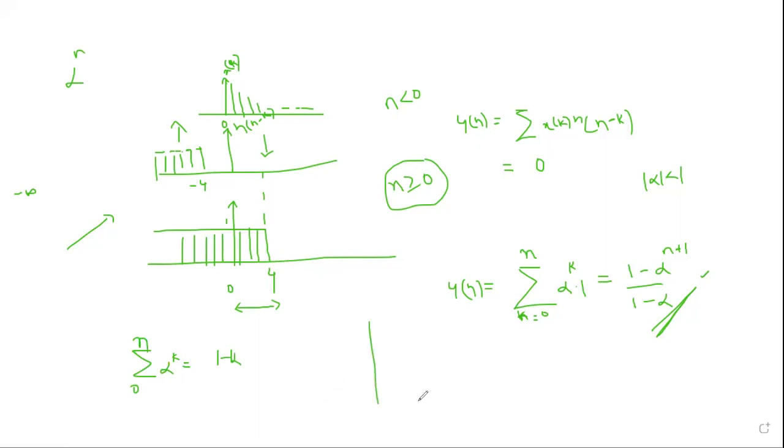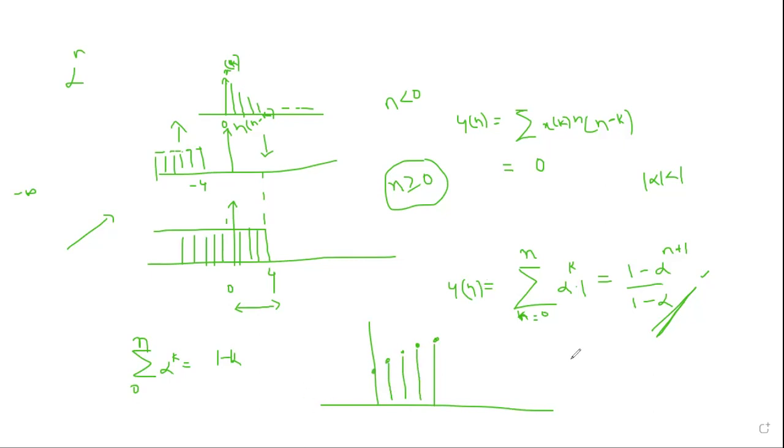So my output is going to be, now for n equal to 0, I substitute here: 1 minus alpha to the power 1 divided by 1 minus alpha. It is going to be 1 at n equal to 0, and some number at n equal to 1. You can see how beautifully using the expression we have got this output. You simply substitute alpha equal to 0.5 or 0.8, and you can find y of n for n equal to 23 or 41 also.